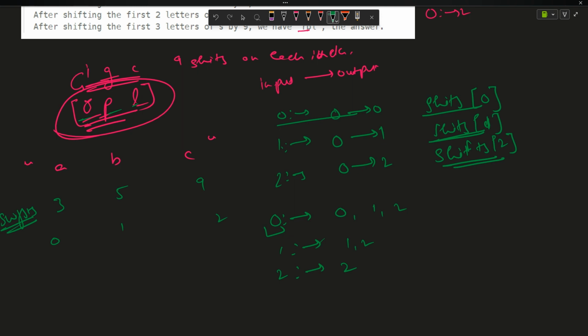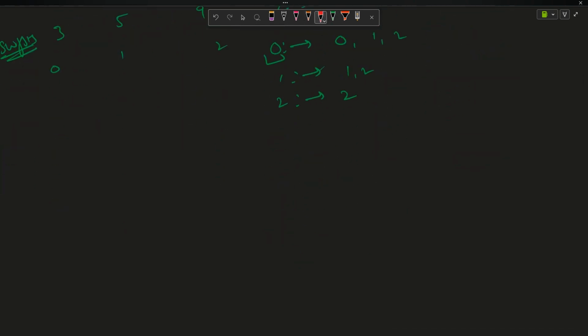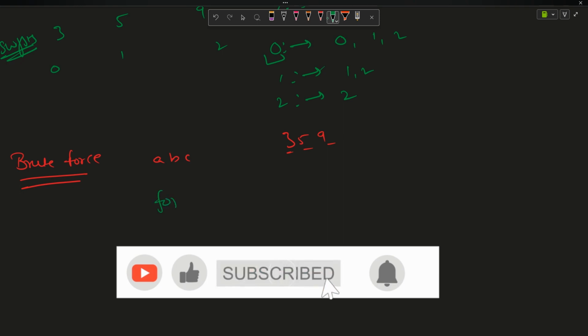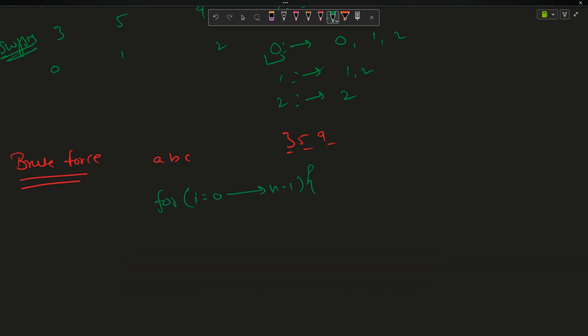Now moving forward, what is the approach here? The brute force approach says, whatever the question says, do it. You have the input as ABC and 3, 5, 9. Just traverse it: for i equals 0 up to n minus 1, let us say ops is equal to array of i, so it will be 3 first, then 5, then 9. Now I will run another loop that goes from 0 to i, and I will just shift